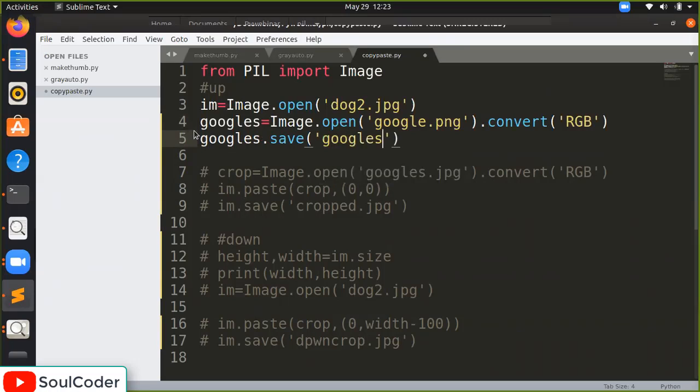And how will we save it? googles.jpg, we will pass JPEG. Let's see if this works or not.